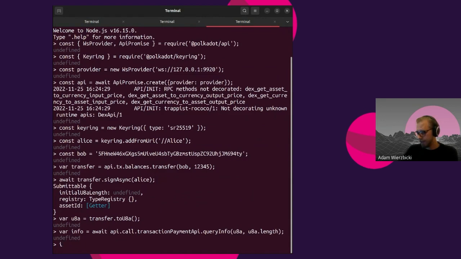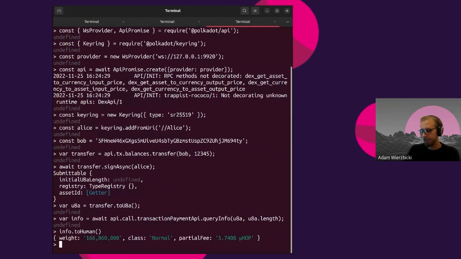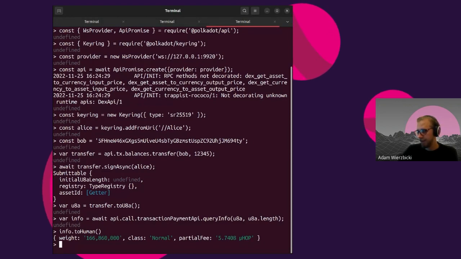And we can display this info in a nice readable form by calling toHuman. So you can see we got the estimate for the transaction fee from